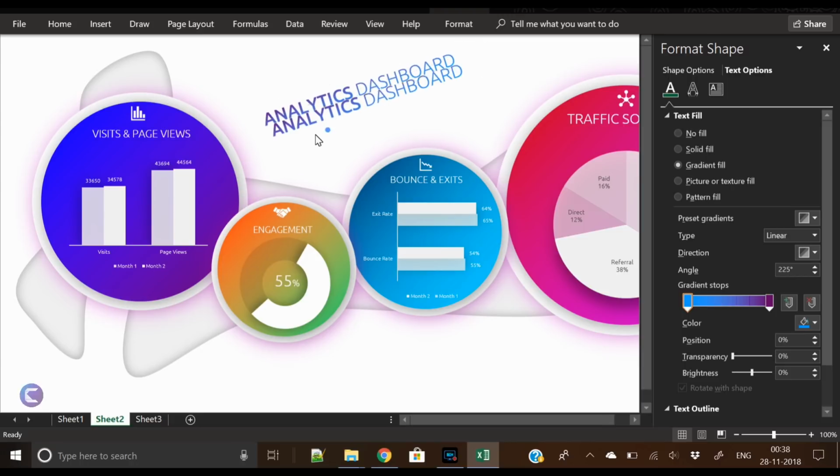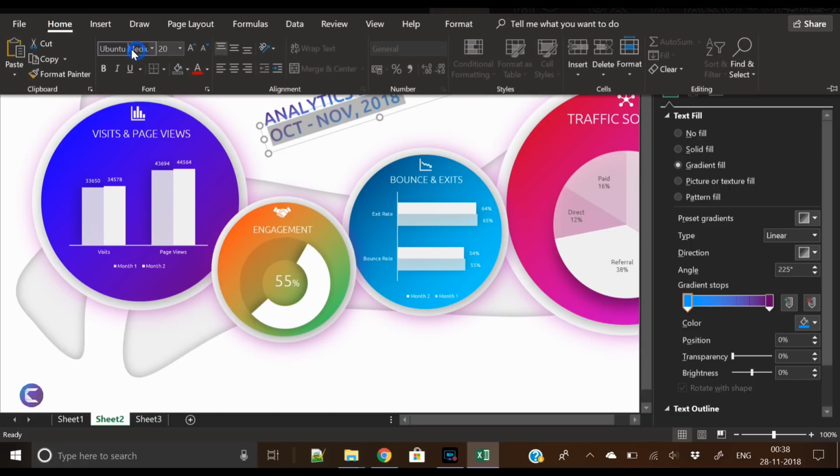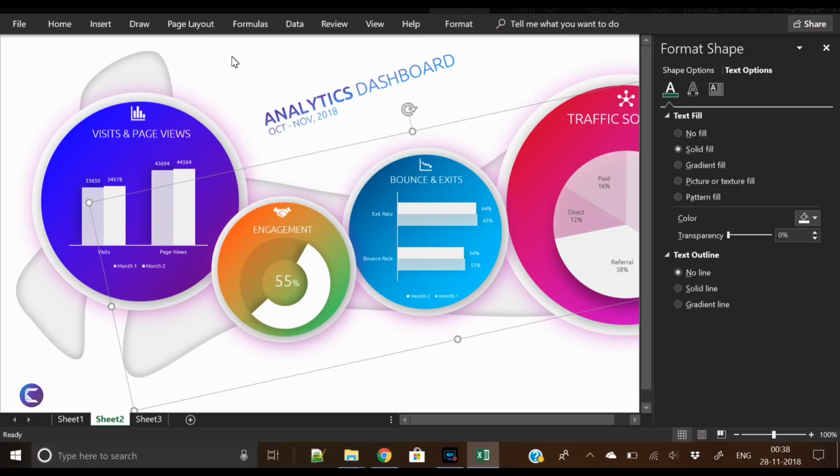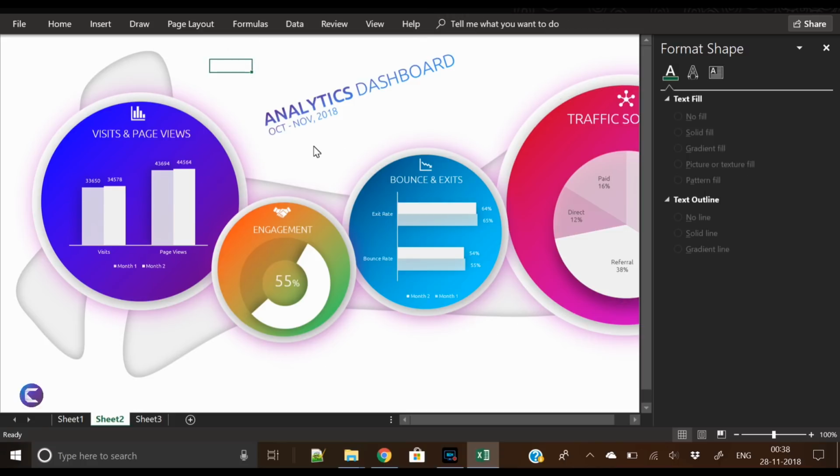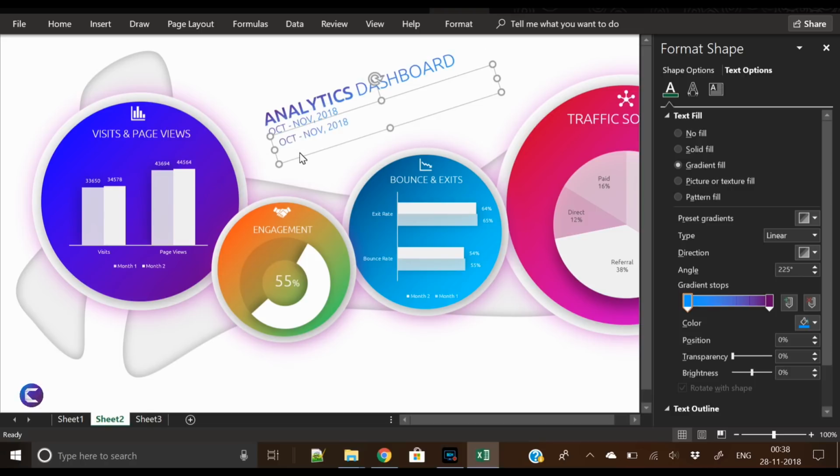Let's add date as well, like October to November 2018. Let's change the font to light, reduce the font size, and we have to write some small description here as well. Again, duplicate this date